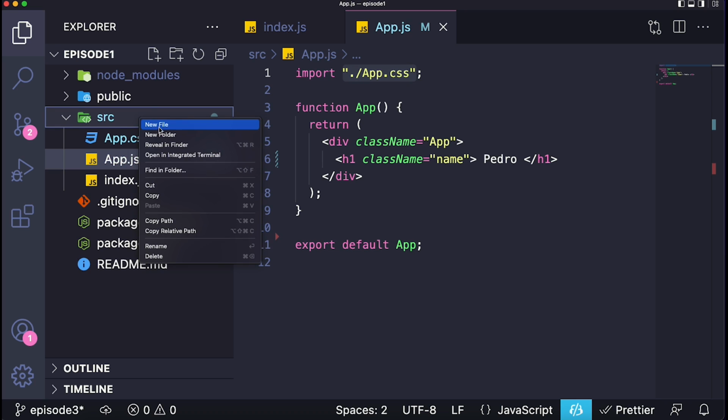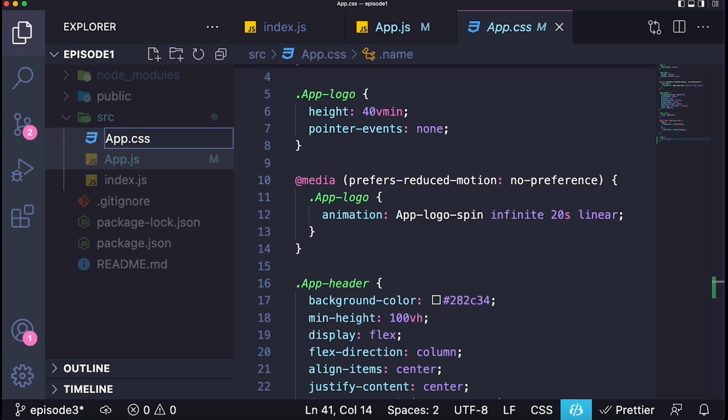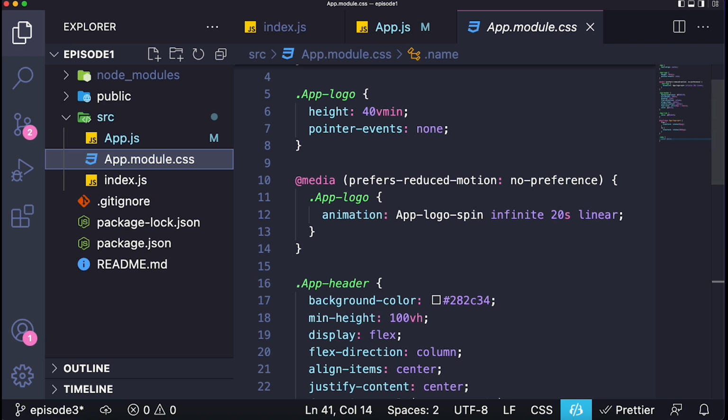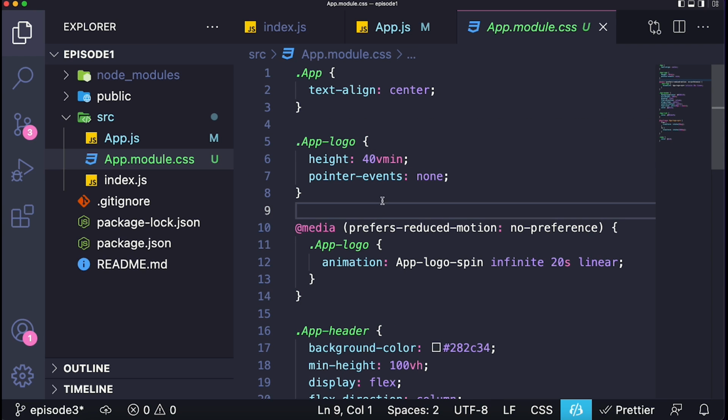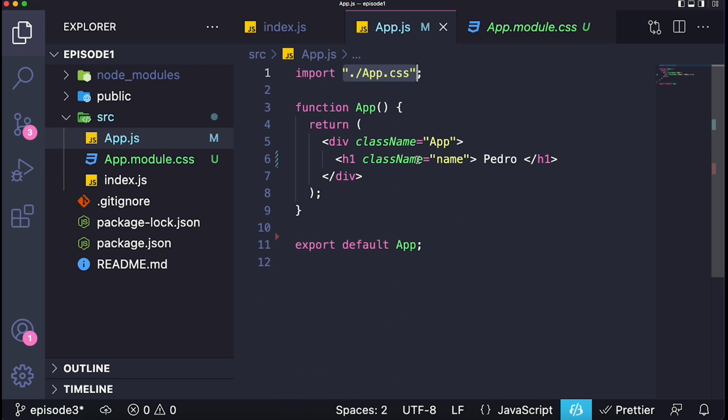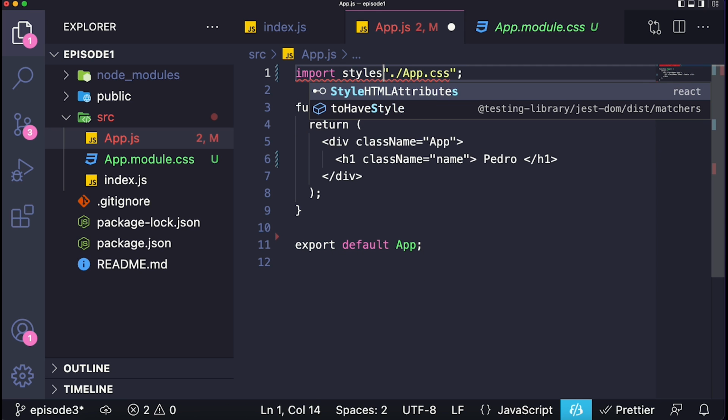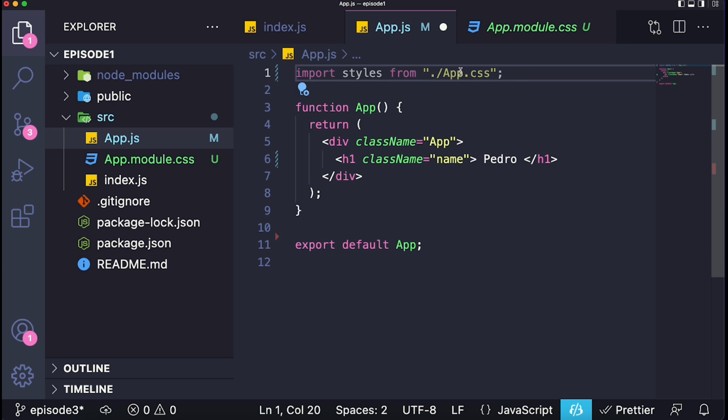Now, there is something important I wanted to tell you guys as well. There is something called CSS Modules, which is a different way to write your CSS. So if you came over here and changed the name of this file from app.css to app.module.css, what this will do is it will make this file into a CSS module style sheet. So what exactly does that mean? It means that when I import, instead of importing this way, I can actually import it by saying import styles from app.module.css,